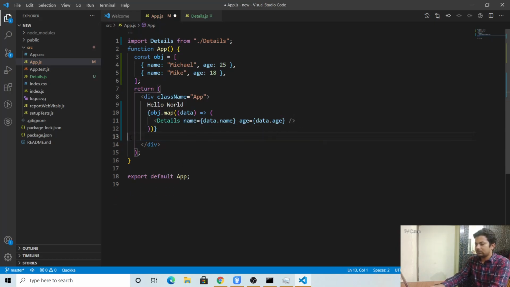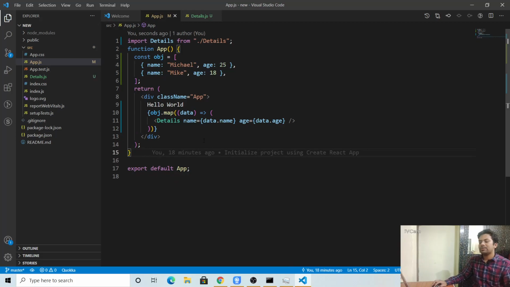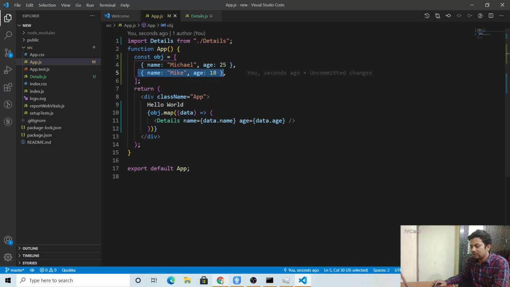Let me remove this also. So what's happening here, let me show you in a normal way. With object.map, we are looping, picking the first index, giving it to data. After that I'm calling the component with data.name and data.age, and it goes to the second index and does the same stuff.